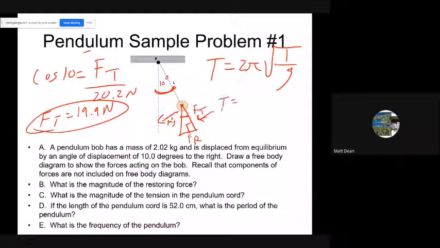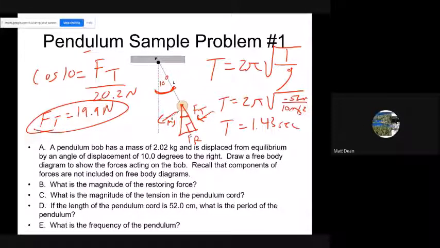Notice the length is in centimeters. We need it in meters, because our acceleration due to gravity is in terms of meters. So let's divide 0.52 by 10, take the square root of that whole quantity, and then multiply by 2 pi to end up with a period of 1.43